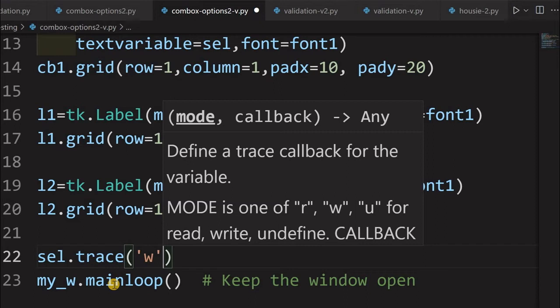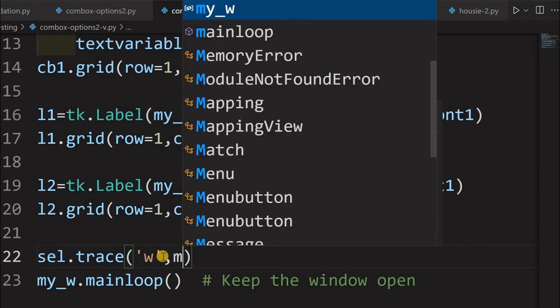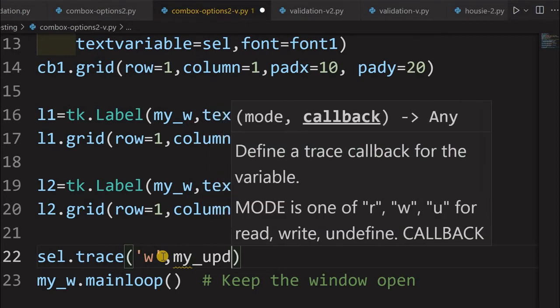Similarly, when it is R, it means when it is read, and another option is when it is destroyed. Those are not required right now. We can see here RWU for read, write, or undefined, or when you set it to none, then U will be used. So we are using W, means it is the write mode. So whenever the data changes, now what we will do, we'll call this function my_update.